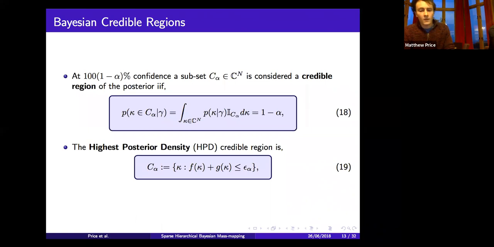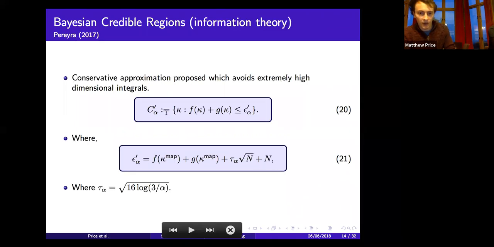But recent advances in the field of probability concentration theory and information theory work on the a priori knowledge that as you go to very high dimensions, for a dimension n that is very big, almost all of the probability becomes concentrated on a very small subset of the n-1 shell. When you work with this, and the proof is a bit complex, you get to the point where you can define a conservative approximation, epsilon alpha prime, which will always be larger than the actual value, given by equation 21.